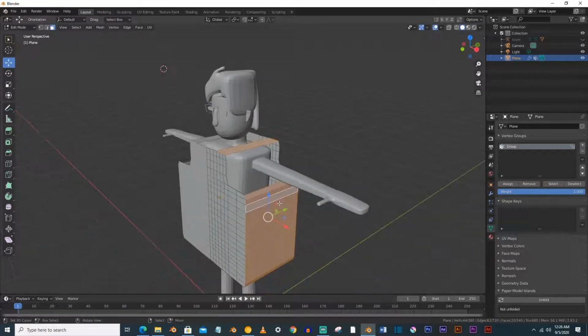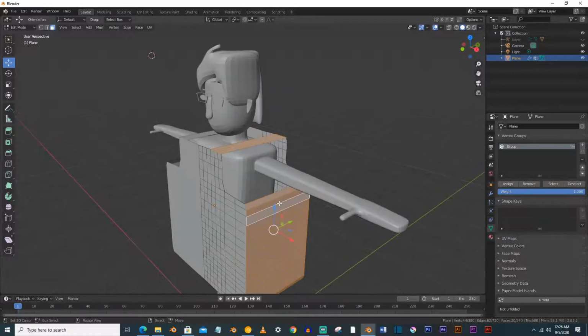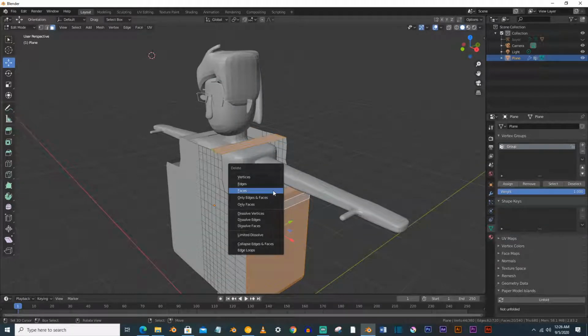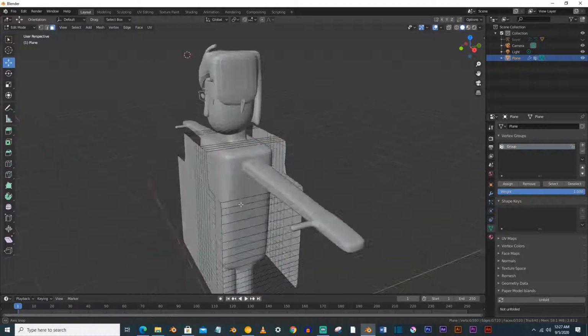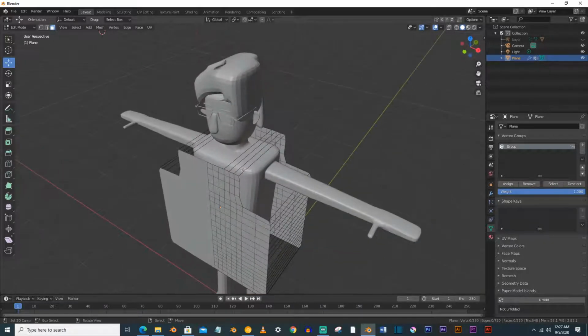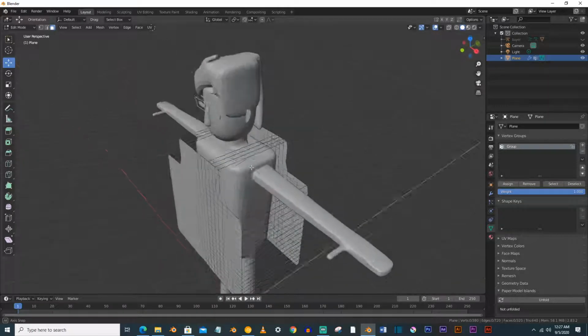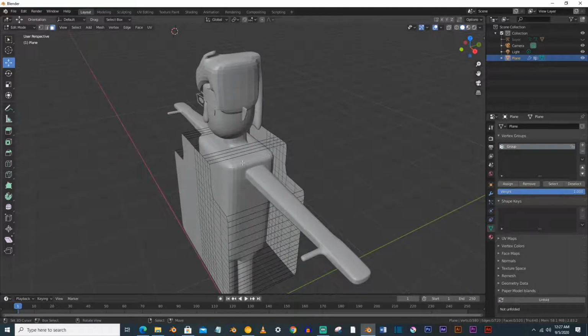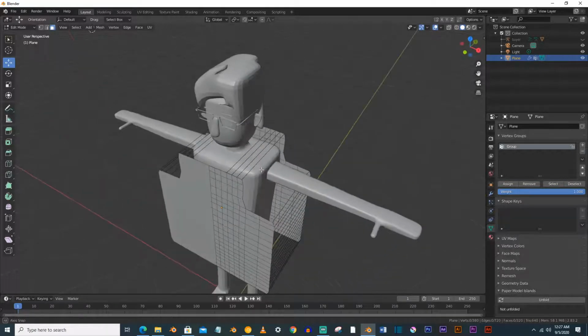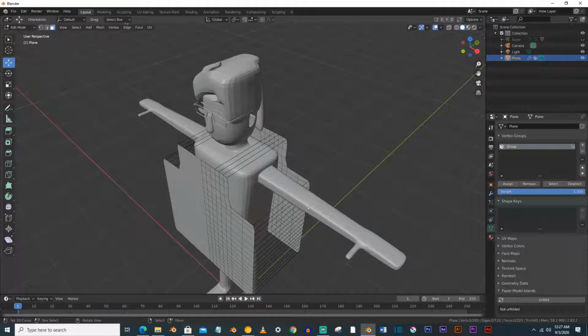Now what you have to do, you have to delete only faces, X, and delete only faces, so these lines can appear and the swing option works only between these lines where there is no face.